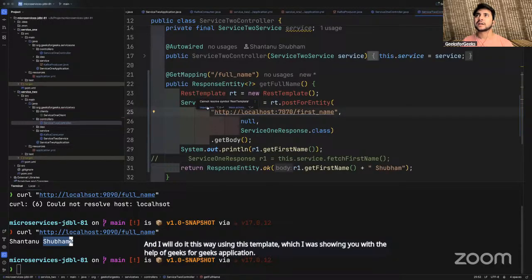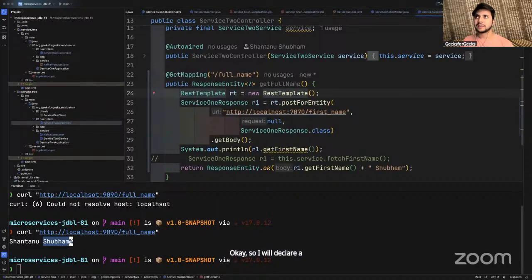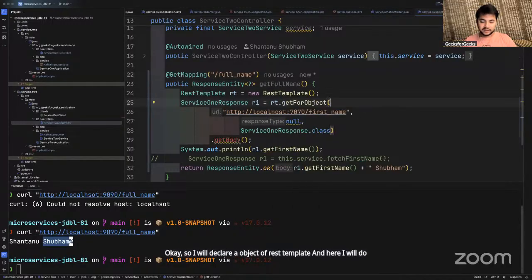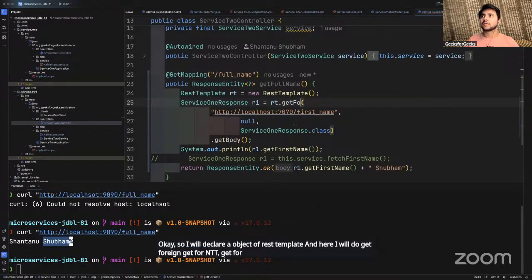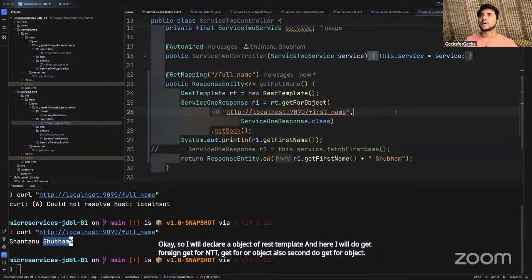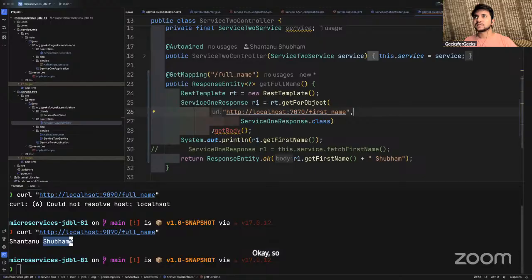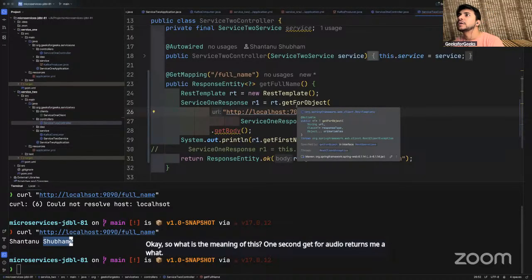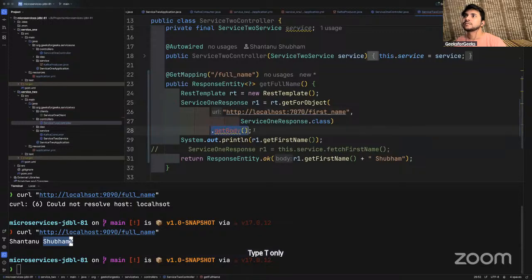Okay, so I will declare an object of REST template and here I will do getForEntity, or getForObject also I can do. So what is the meaning of this? One second, getForObject returns me what? Type T only, right? Okay, fine.